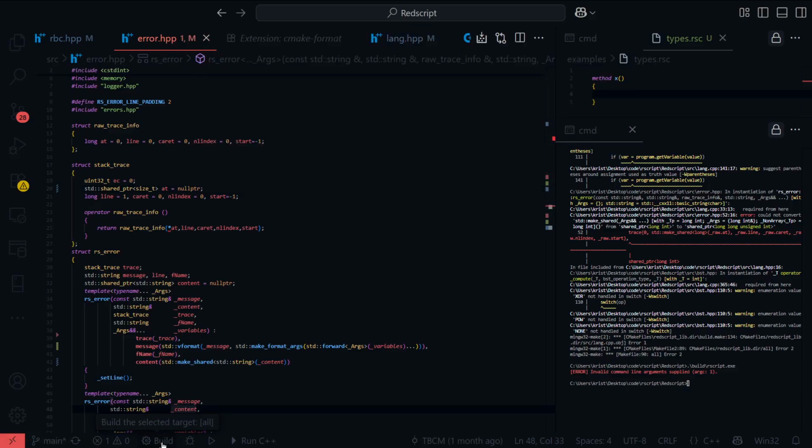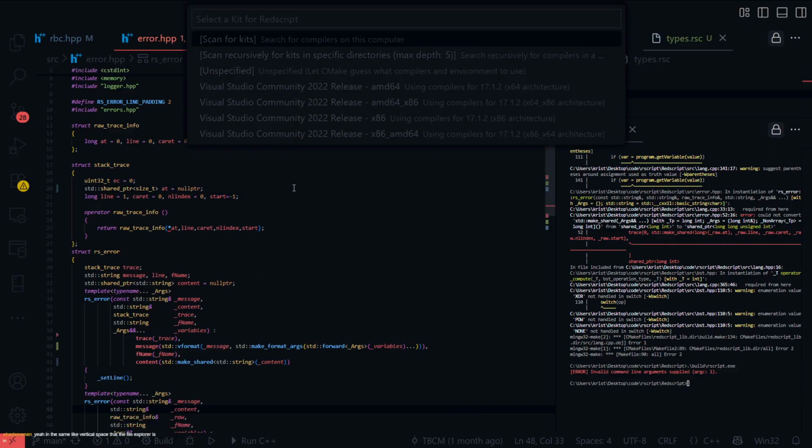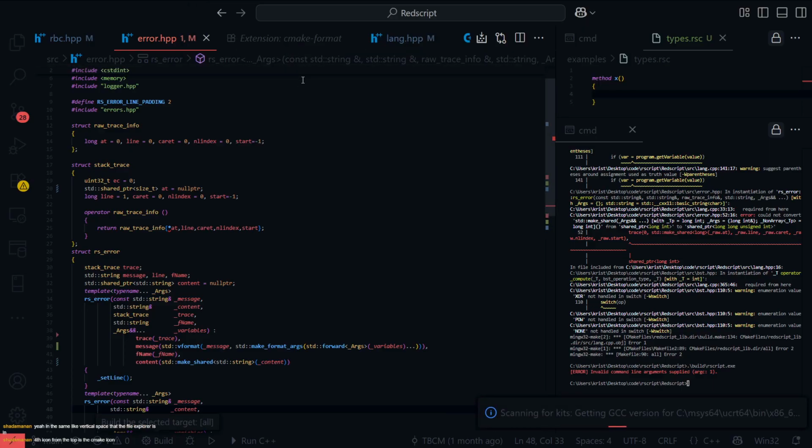That's the button I have for building it, apparently. But I don't have it configuring for... Scan recursively for kits in specified directories. Scan for kits. Okay, what kits are you gonna get me? Getting GCC version. Okay. Good.